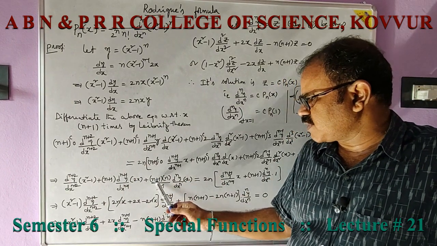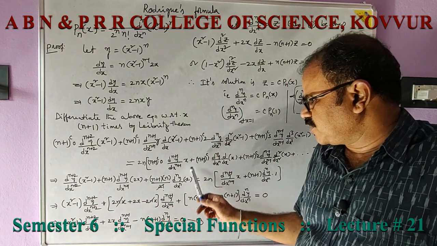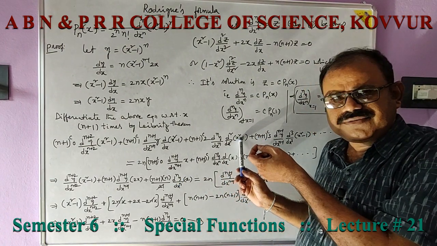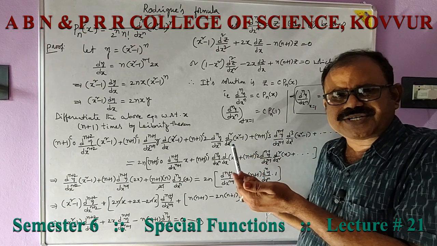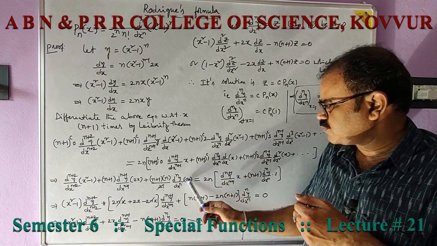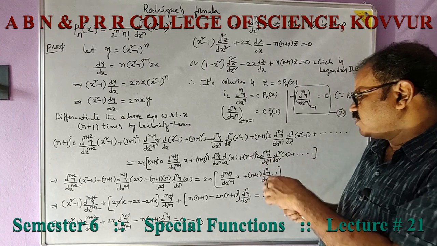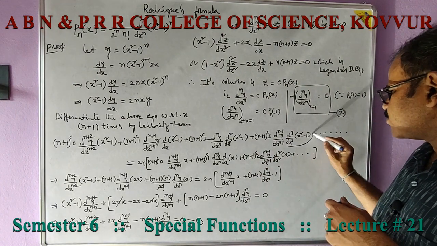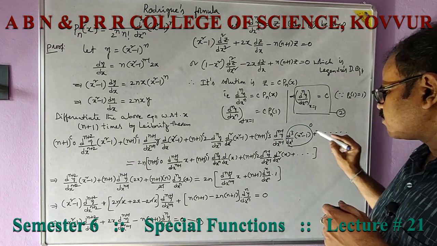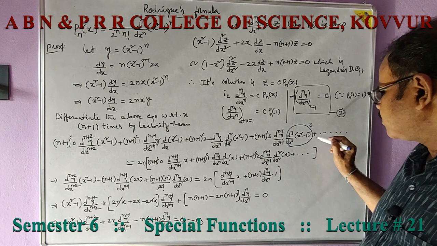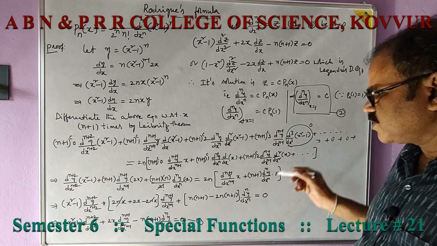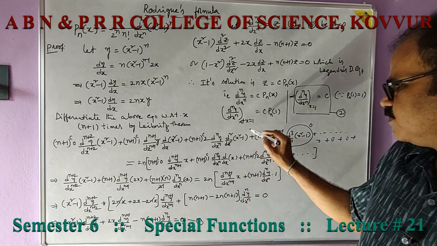Next, n plus 1 c2, n plus 1 into n by 2 factorial, nth derivative of y, and second derivative of x square minus 1. First derivative of x square minus 1 is 2x, and the derivative of that, second derivative of x square minus 1, is 2. Afterwards, third derivative of x square minus 1, differentiating 2, what you get is 0, therefore this term vanishes. No use of writing. Here onwards all the terms become zeros. That's why we stop here.